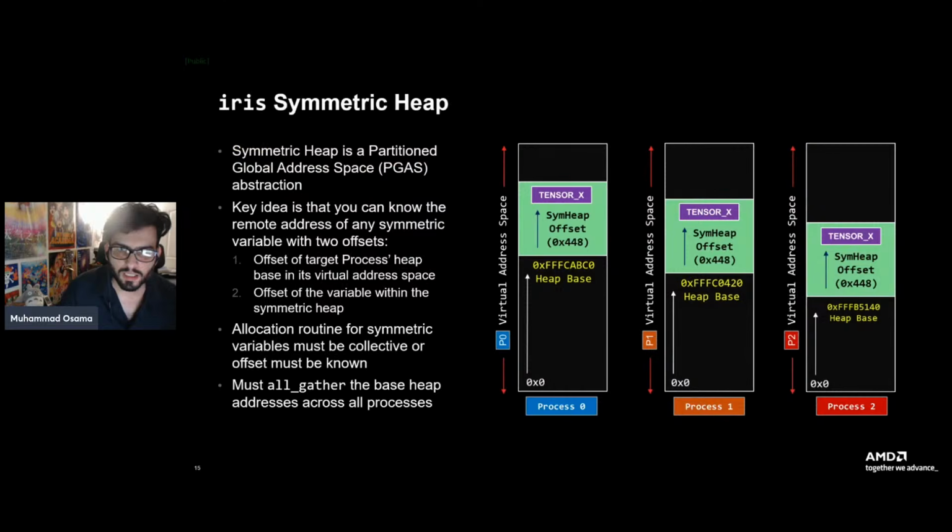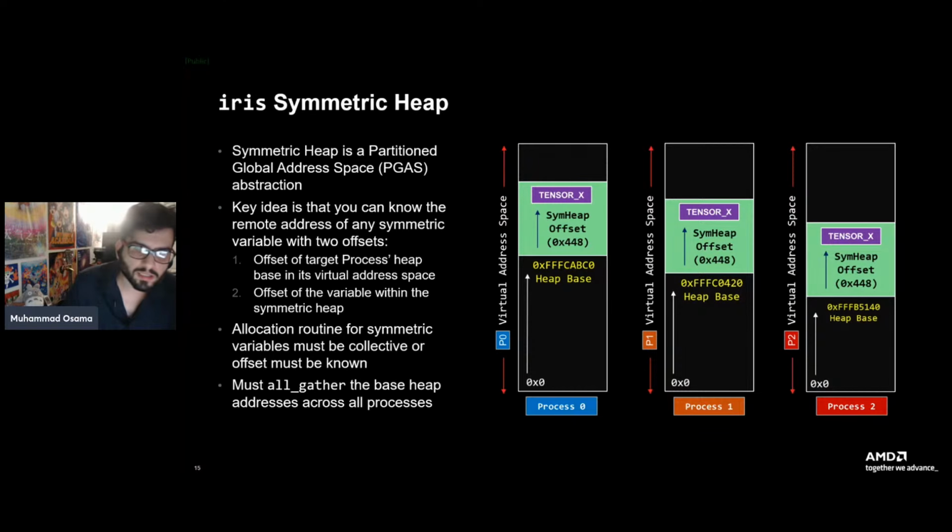So the core of Iris's implementation is built upon the idea of a symmetric heap. A symmetric heap is a PGAS, partitioned global address space, abstraction, where the key idea is that you create one symmetric heap across all of your GPUs,